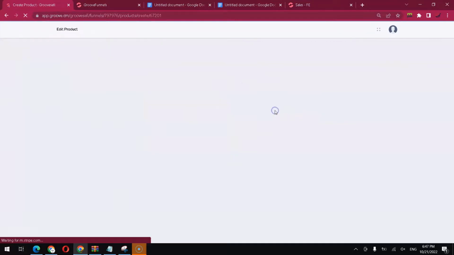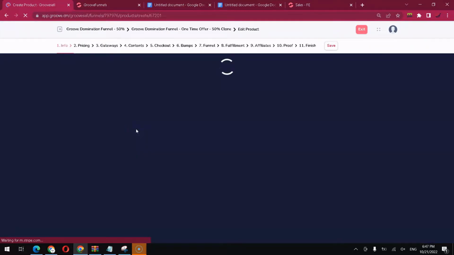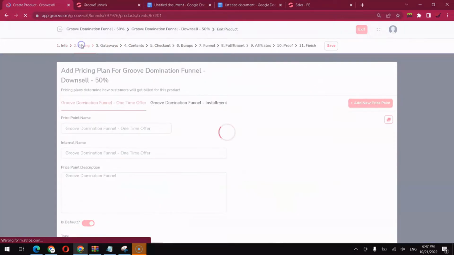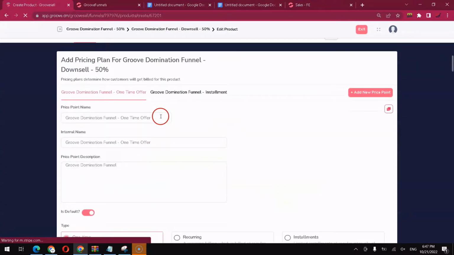Now click on edit product, change the name to, just change the one-time offer to Downsell. The same in here and the same for the description. This is a Downsell. Do the same, go to the pricing, change the description in here,